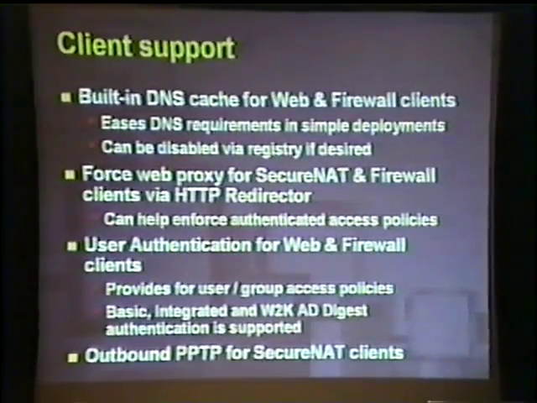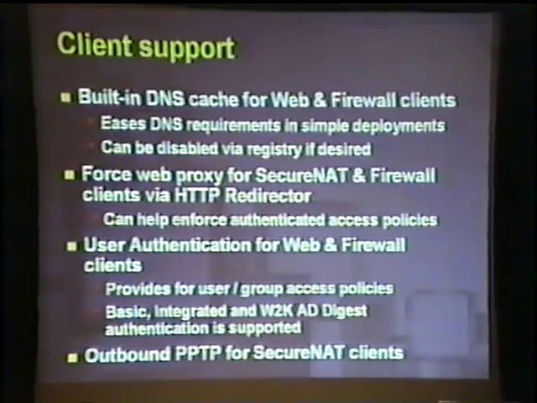Why is it not working? The reason is that the firewall client, the SecureNAT client, and the web proxy client allow the ISA server to perform name resolution on their behalf. What's also interesting is, well, I should be able to see the DNS cache on the ISA server by running what